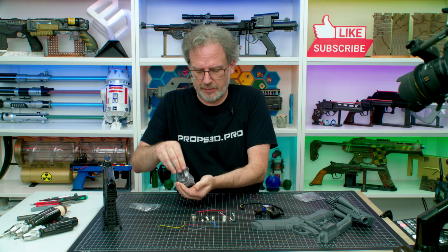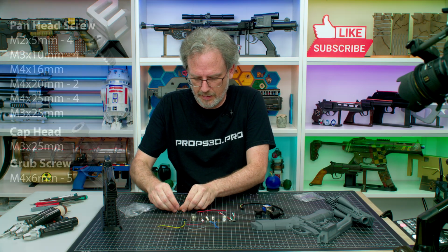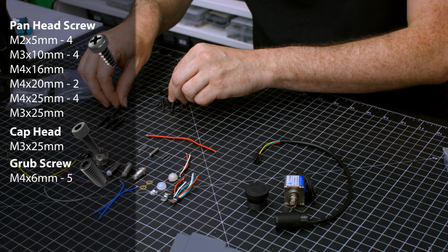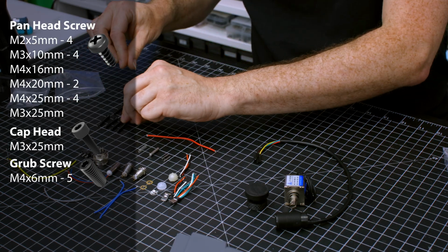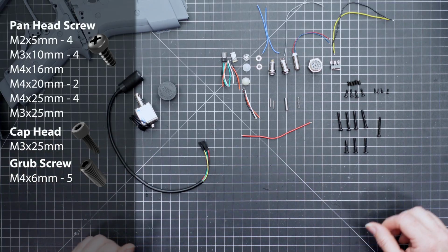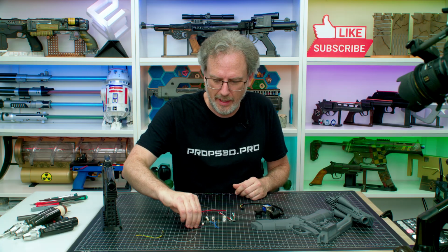For the screws, let's lay them out. I will also overlay the screws here so you can see the screws you'll need, but I'm just going to lay them out nicely. And this is everything you need to get going. So I'm actually going to move these up a little bit to get them out of the way and start